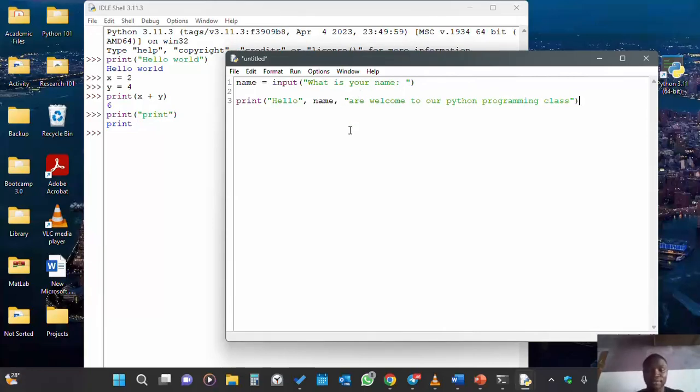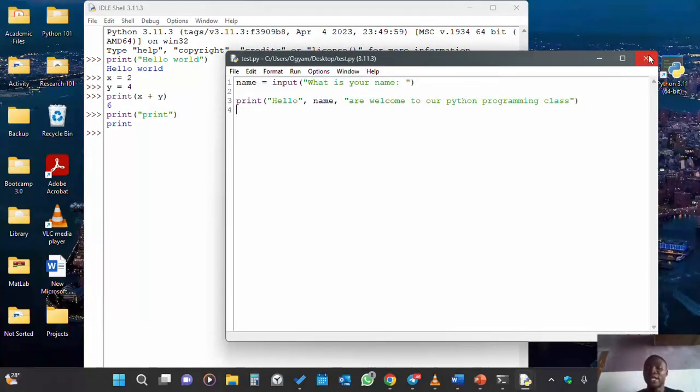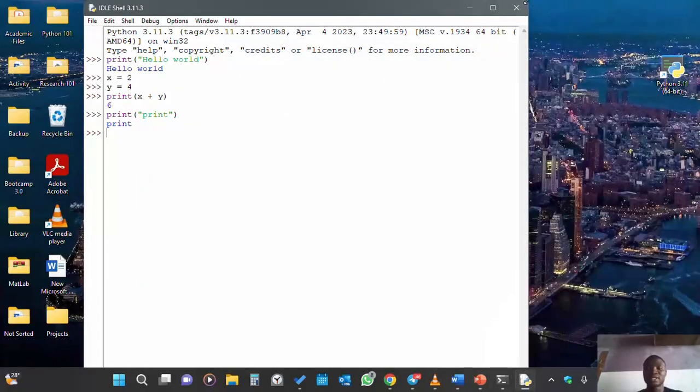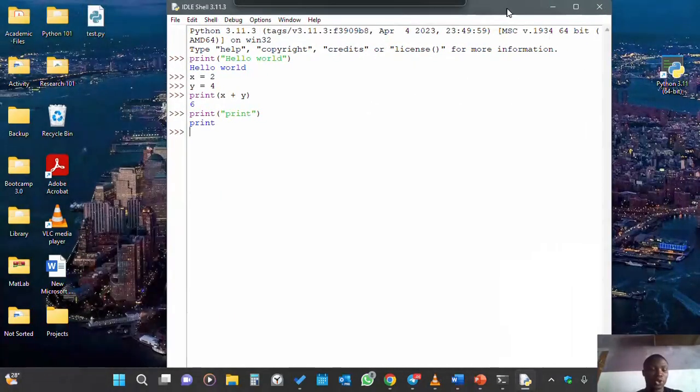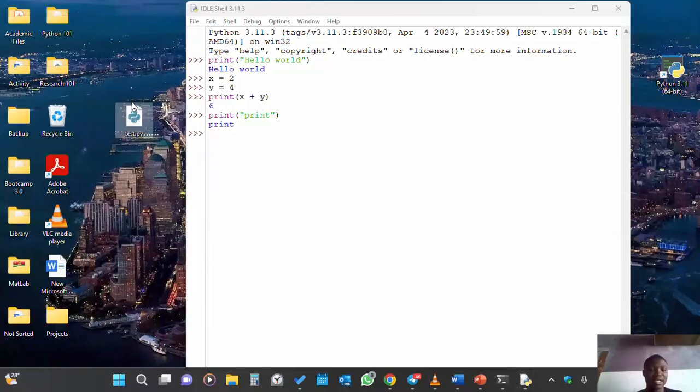So once I've written this code, I can save it as a file. Let me save it on my desktop and call it test. Okay, and it's a Python file. So then I save it and I close this. So you can see that I've created a Python file on my desktop called test. And once I run the test,